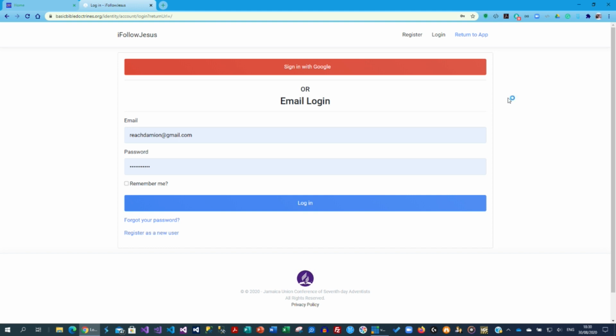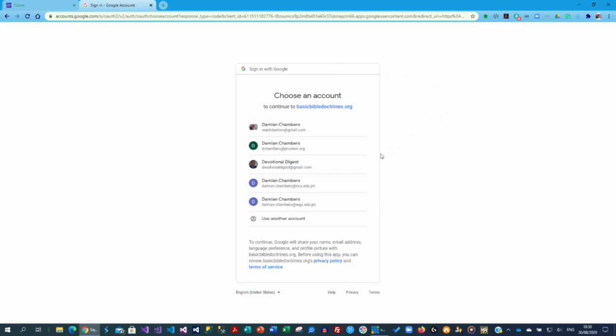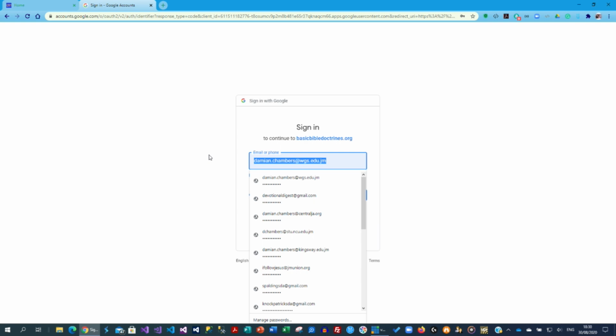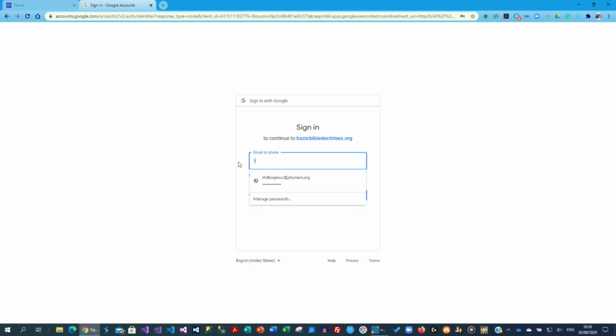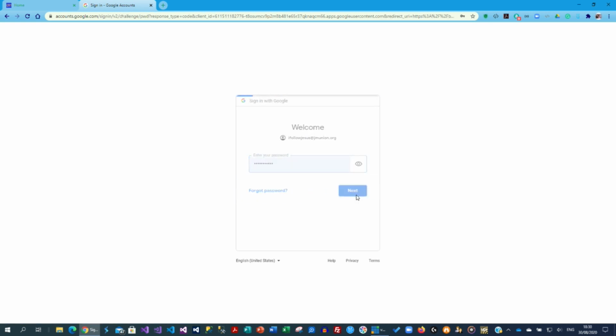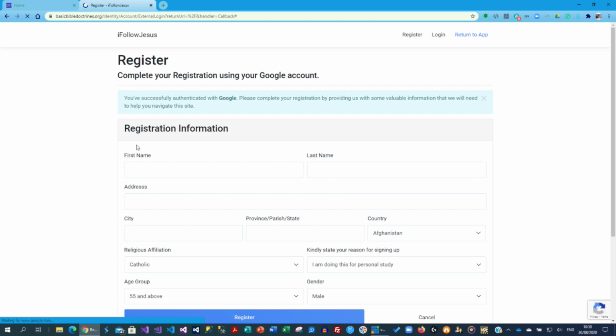If you're a new user, there are two ways you can create an account. You can either use a social login. At this time, we only have one option, and that is for a Google account, or you can use an email and password. Let's try the Google login first. Click on sign in with Google, and let's say you were not already signed in with your Google account. You can click use another account, and then you will select the account that you want to use for signing in. Type in your password, click next, and it takes you to a page where you'll complete your registration,